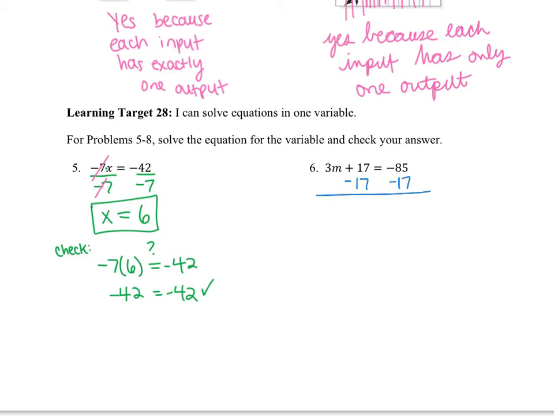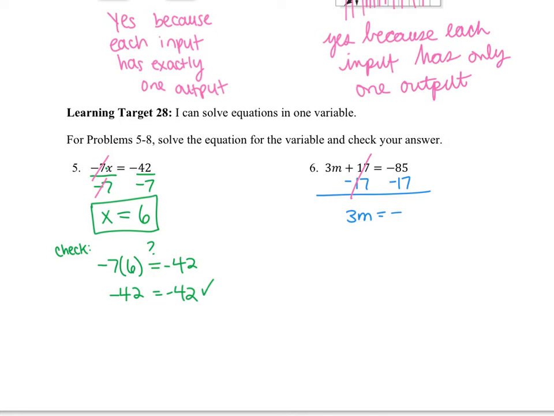We're going to subtract 17 from both sides, because that causes the 17 to cancel out on the left side, or zero out. And we are left with just 3m on the left side is equal to, now be careful here, negative 85 minus 17. You've got a negative number, you're taking away some more, so it's like you're adding and keeping the sign. Again, using a calculator will help. Just make sure you're not doing minus a negative 17. It's just negative 85 minus 17,